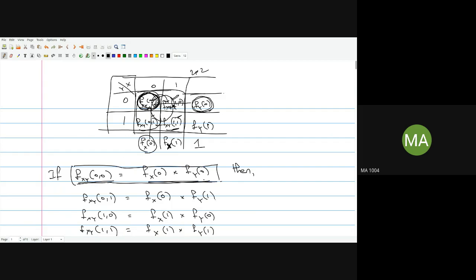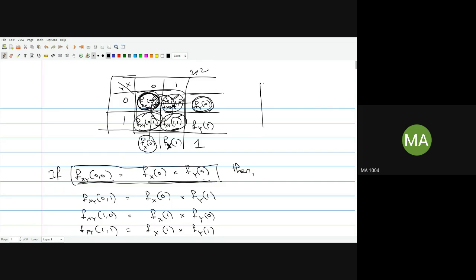So now what you have to do is go back to week 1 or week 2. Just open your joint PMF tables and check there. So if 1 is being satisfied, what are the other values? You just put the constants here, and you can directly get the values. Put the constants and take only one value, and you just check.